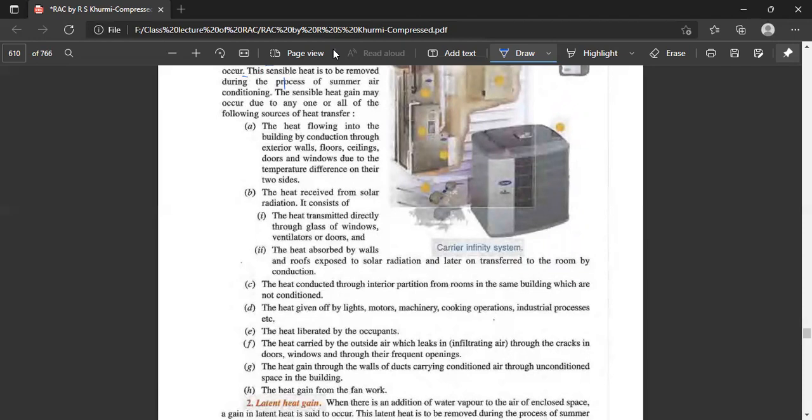Next, the heat carried in by the outside air which leaks in, infiltrating air. Some air starts infiltrating into the room, maybe from the outside, and it's pretty hot, maybe through the cracks, some door openings, or when the doors are open and somebody is coming in or going out, etc. Or some windows, some portion is open, and through their frequent opening, some heated air from the outside is coming inside the room. Then through the walls of the ducts carrying conditioned air, that's also